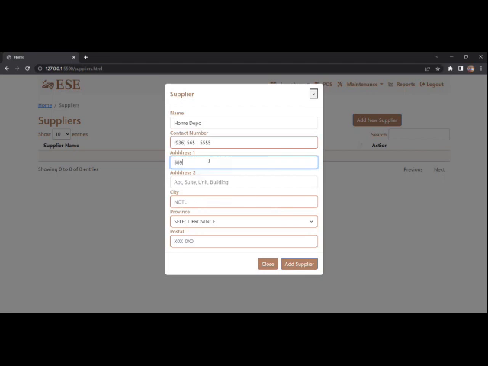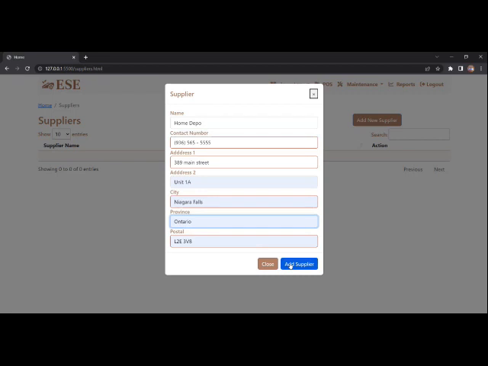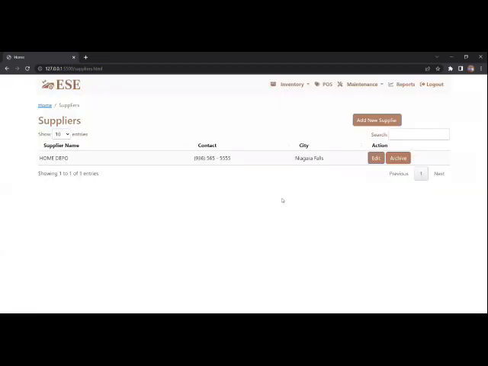Okay, this is just a test address. And then city. Okay. Then the province. And then I'll add the supplier. Okay, once it is added, you can see it in our list, and we have also provided pagination for this. So in case the supplier list goes long, it can easily be searchable